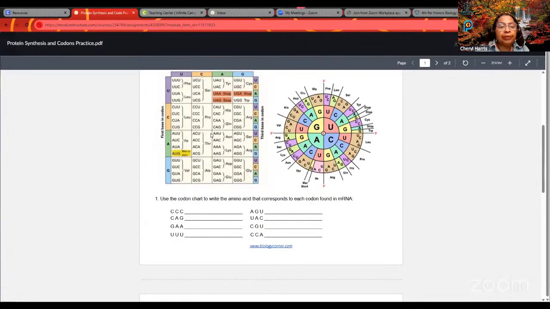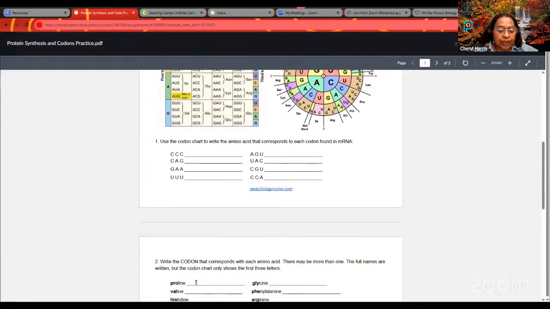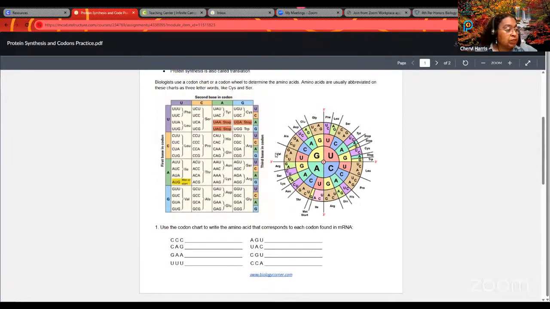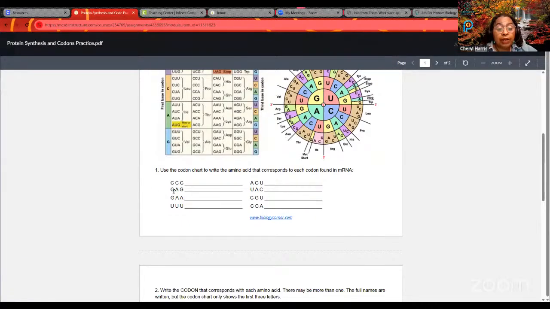Now it just so happens that there are 4 different ways to get this particular amino acid. So when we do this question down here, you need to write all 4 ways. All 4 sets of codons will give you this amino acid. I'm kind of going to do both at the same time. All right, next one,